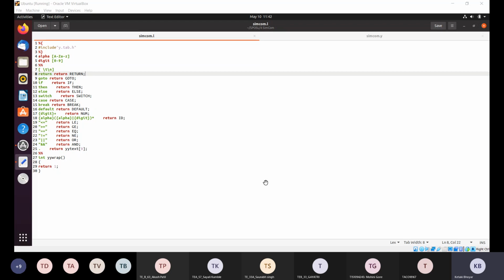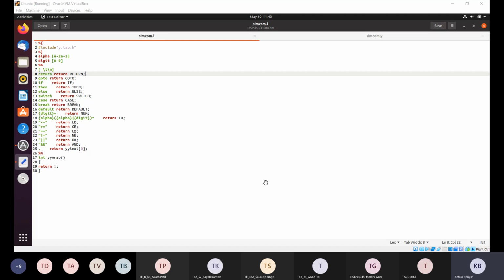There is one .l file and one .y file. You first run the lex file using the lex command, then run the yacc file using the yacc command, then compile both the C files, then ./a.out. These are the steps to run this next program.